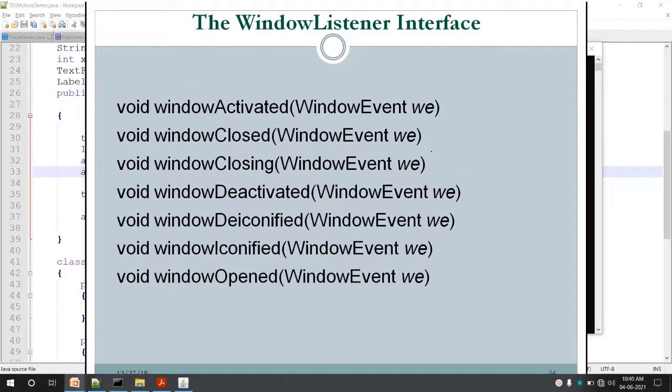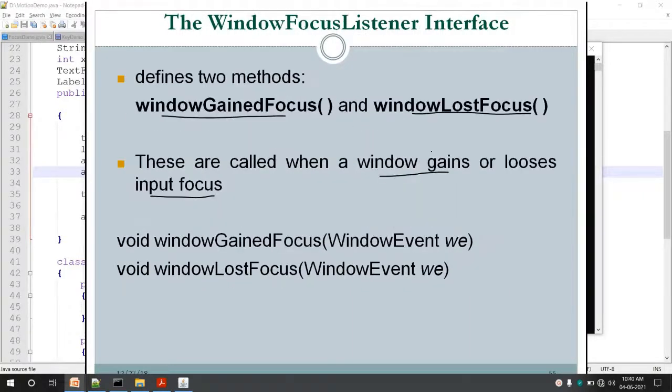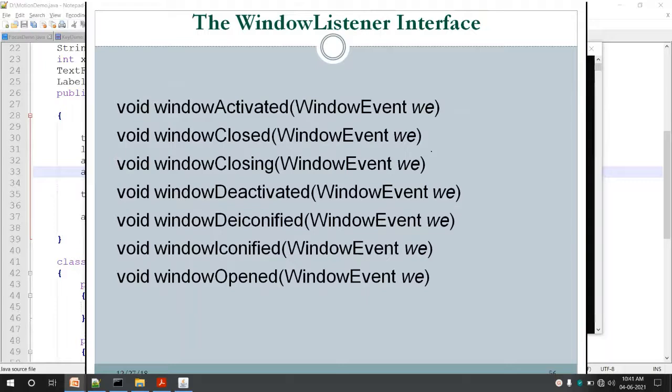There is one more listener which is similar to the earlier one, that is WindowListener. The WindowListener interface contains the methods windowActivated, windowClosed, windowClosing, windowDeactivated, windowDeiconified, windowIconified, and windowOpened. All those methods are called whenever we activate a window, that is, when a window is selected.